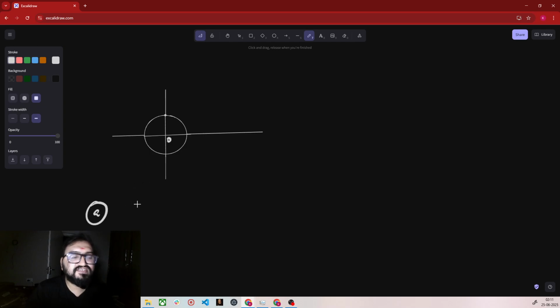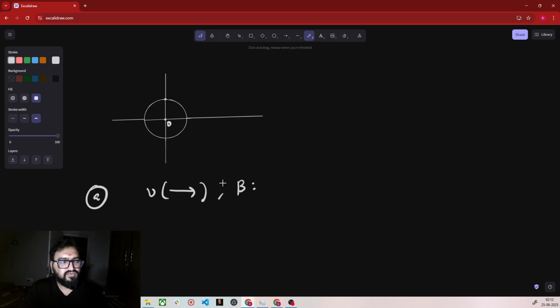The first case is such that from this state the disk starts moving in such a way that the axis of the disk moves with a constant velocity v along the positive x-axis. And the disk also has an angular acceleration which is given by beta. Given this information, I need to find out